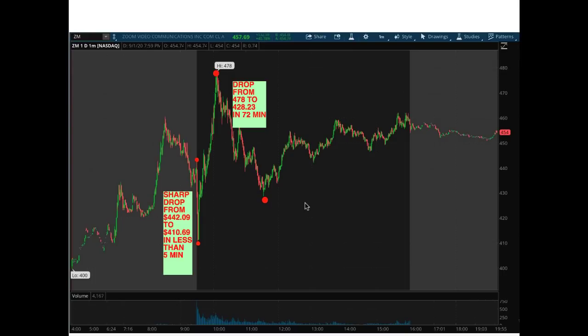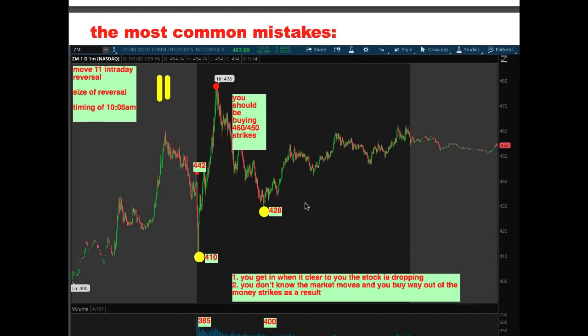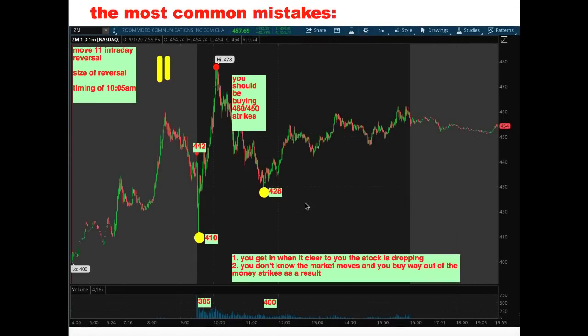Now, let me walk you through some typical mistakes. This should be highly, highly helpful if you're trying to take your trading to the next level, guys. So these are the most common mistakes that people make when they see this type of opening. Generally speaking, a trader right at 9:30 is still getting his coffee, he's not ready to hit any buttons yet, and so what happens is, instead of getting in and shorting the bounce right here at 442,